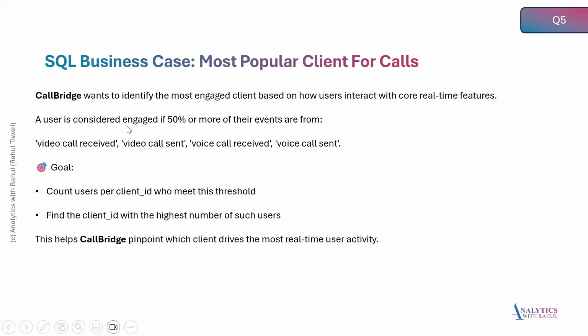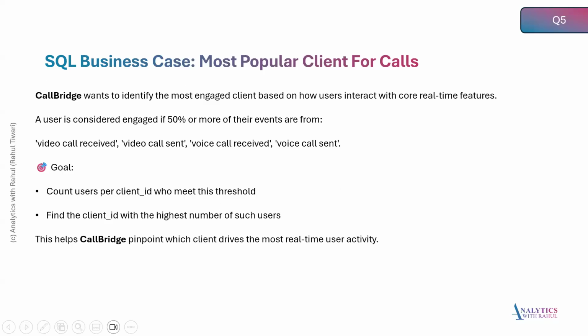इफ आई गो बैक टू द प्रॉब्लम स्टेटमेंट, एक बार फिर से रीड करते हैं। Colbridge wants to identify the most engaged client based on how users interact with their core real-time features. A user is considered engaged if 50% or more of their events are from this. 6 कॉल इवेंट्स थे आउट ऑफ टोटल इवेंट्स, तो 50% से ऊपर है। Count users per client who meet this threshold. Find the client with the highest number of such users. तो एक ही क्लाइंट आईडी डेस्कटॉप है और एक ही यूजर है। So we wanted to find the client ID and the total number of users और highest number of users। Highest user एक ही है, तो client और हमको desktop और वन करके आंसर आ रहा है।